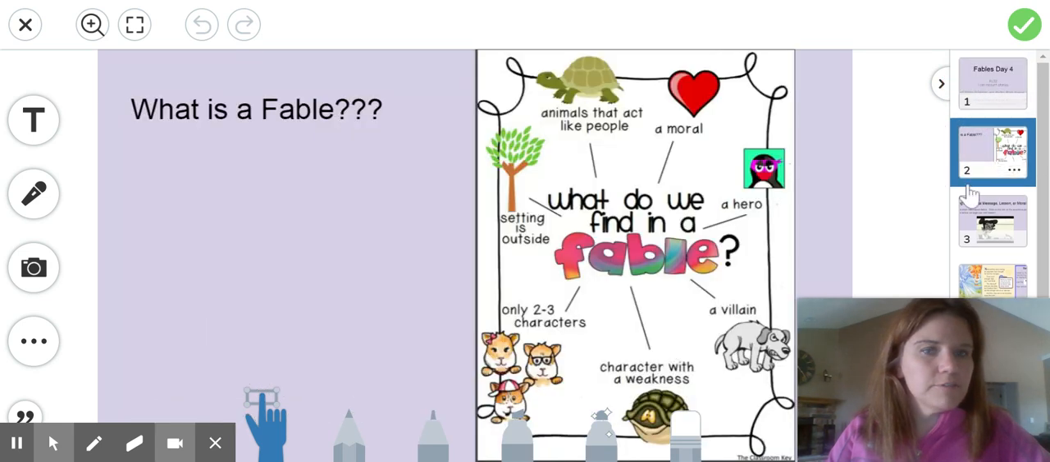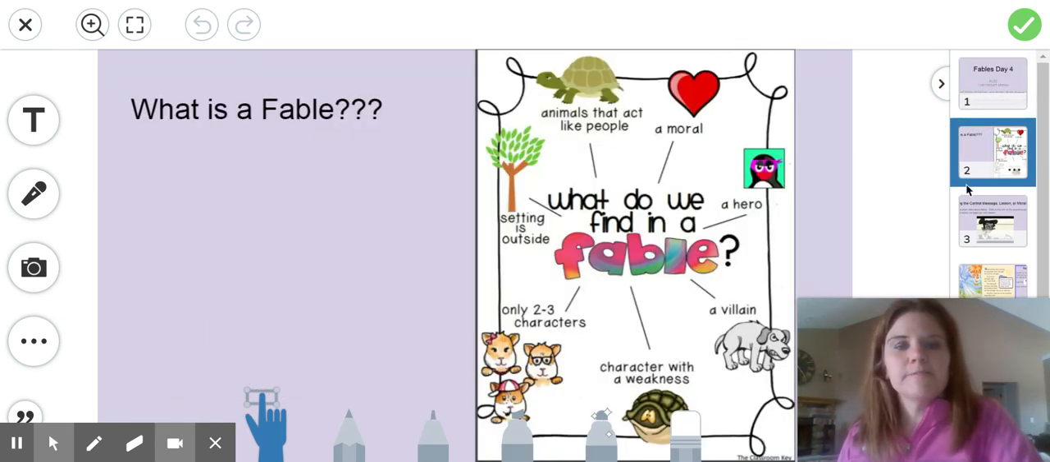Very quickly, let's just review what a fable is. Remember that in our fables, we are going to have animals as characters. The animals act like people. The setting is outside. There are usually only 2 or 3 characters in a fable. There's always a character who has a weakness, and that's usually part of the plot that helps determine the moral